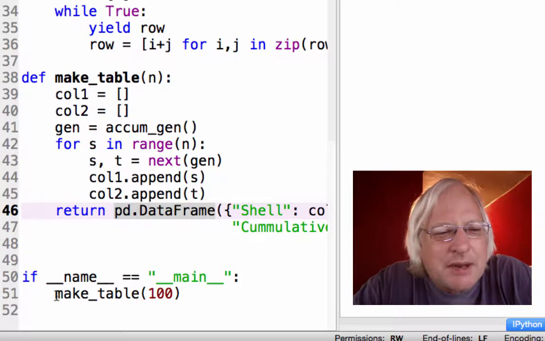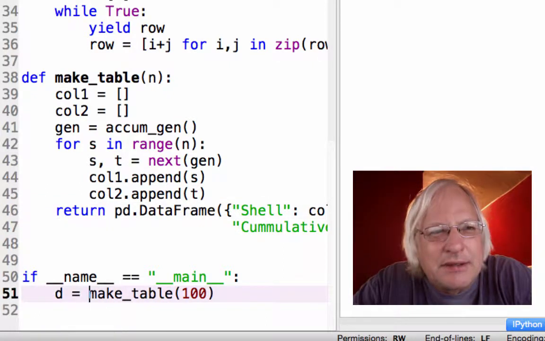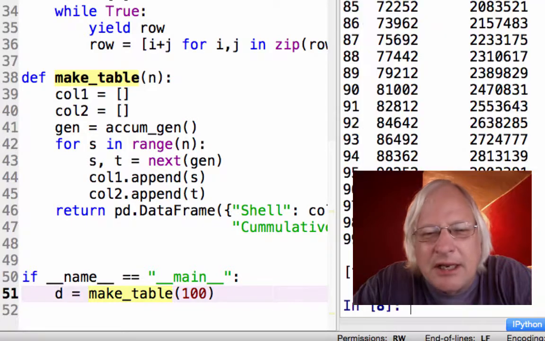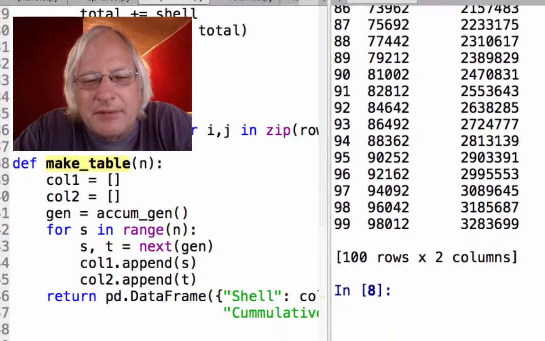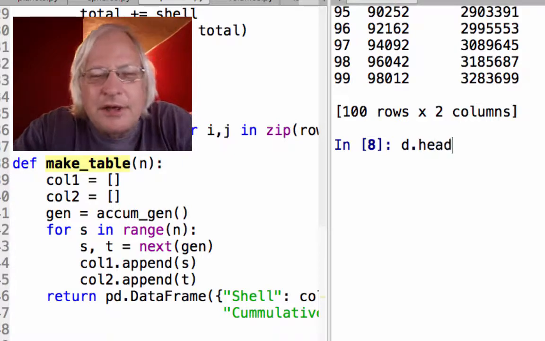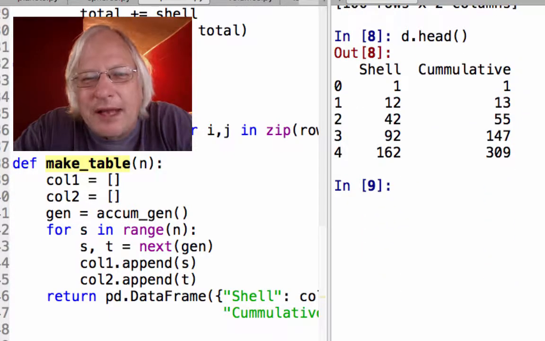Now I made the same error I made before: I made a nice big data table and I didn't save it anywhere, so it was gone into the ether, we could say. So d now is our Pandas DataFrame. Let me just give you two minutes more. I got this far before. I showed you that we have the head, and now let me show you there's the tail.